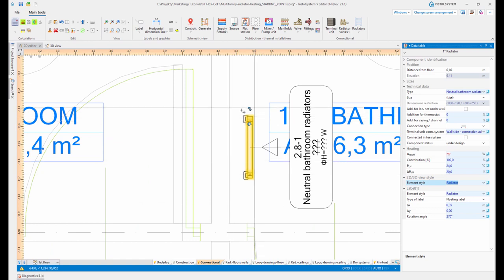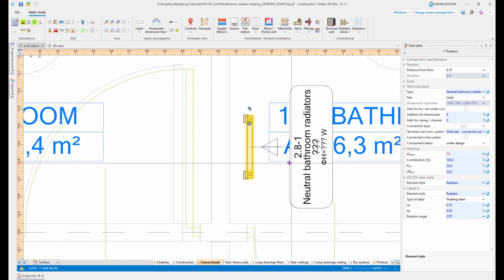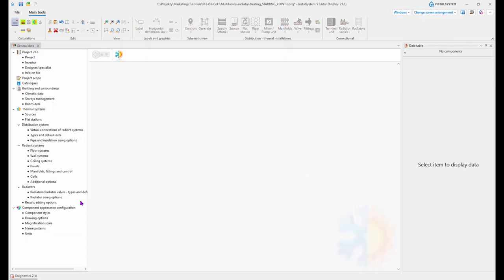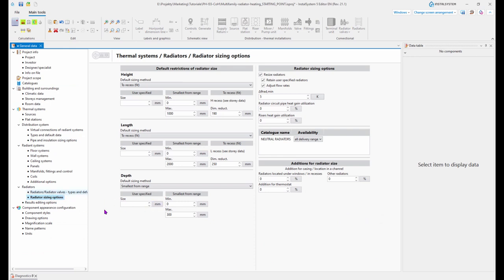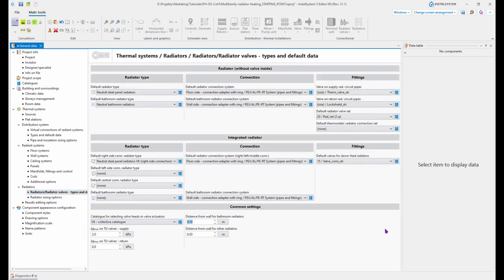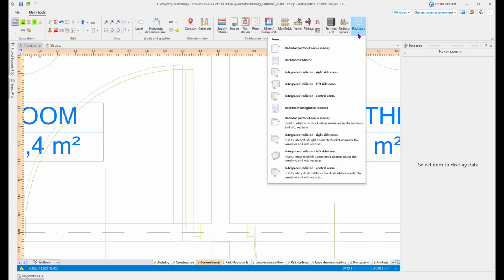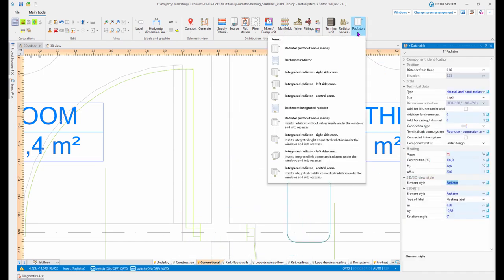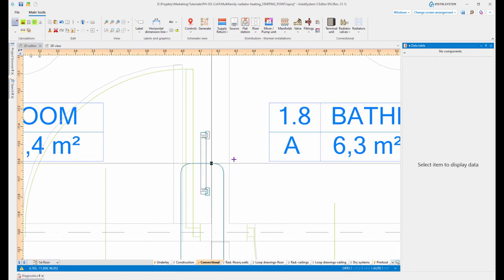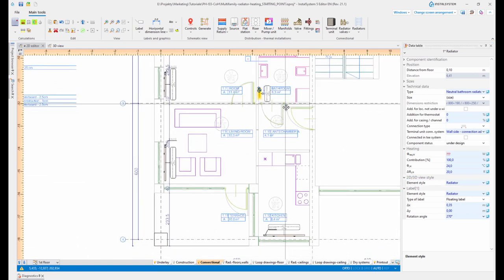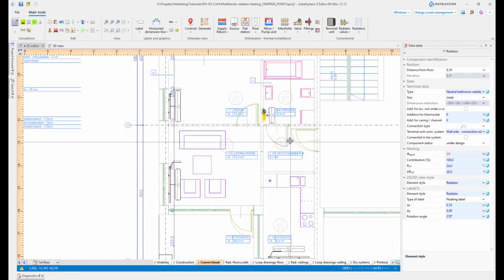You can see it at quite a big distance from the wall, so let's delete it and let's open again general data and change this default distance from wall to 3 centimeters. And now if we repeat that operation, you will see it on the wall. So we have 4 radiators,